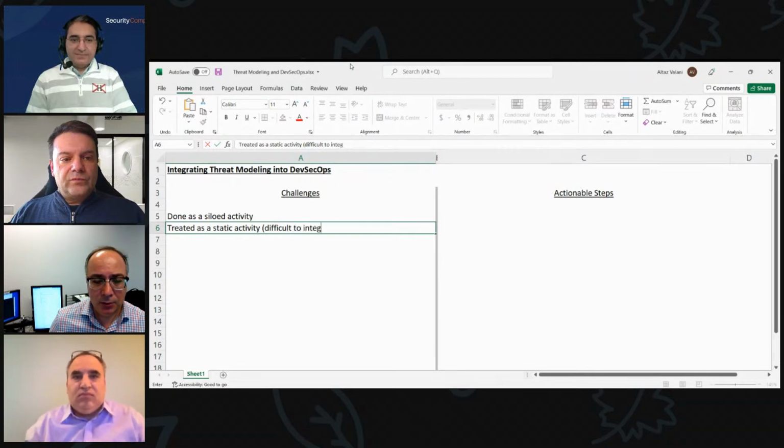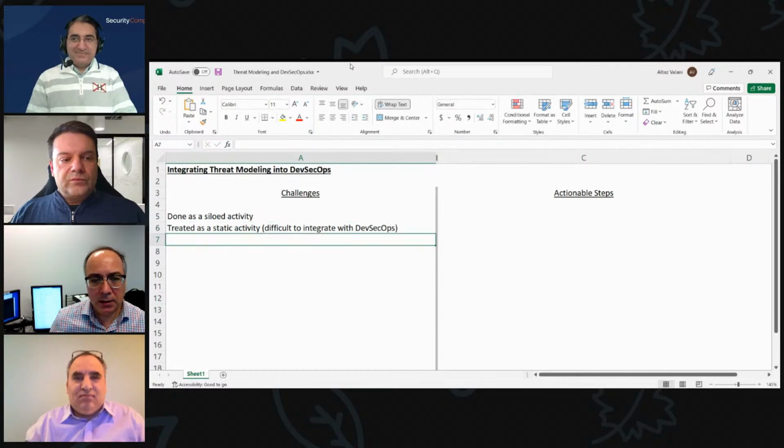Then the third one, I will edit here. I'm going to leave a couple of them to Lotfi and Simone. The third one is that we are trying to get a threat model for a complex or complete system at the beginning. We're not really doing the agile mindset, because in the DevOps world,